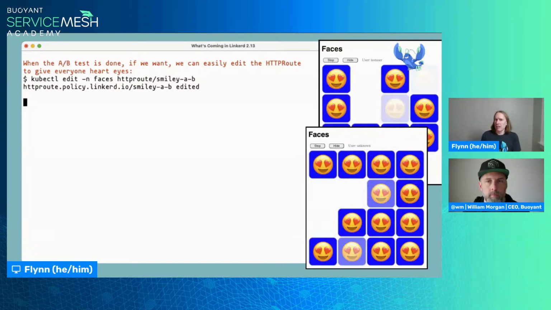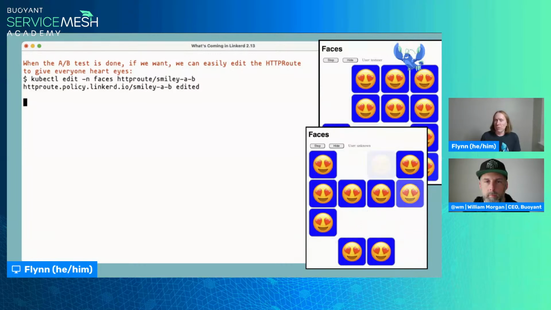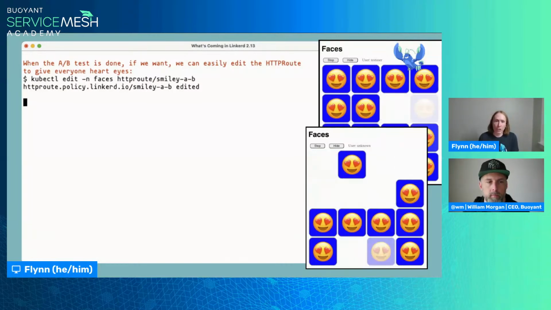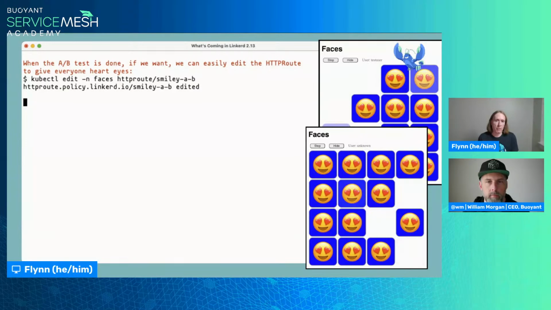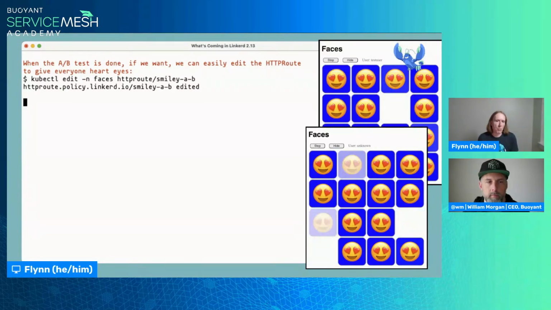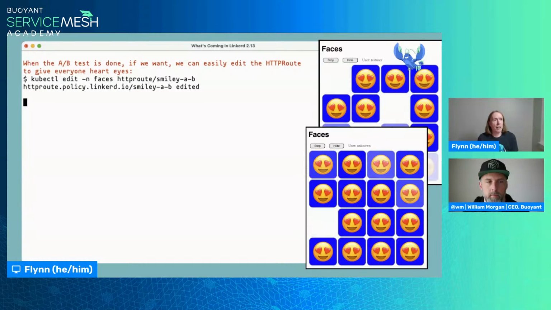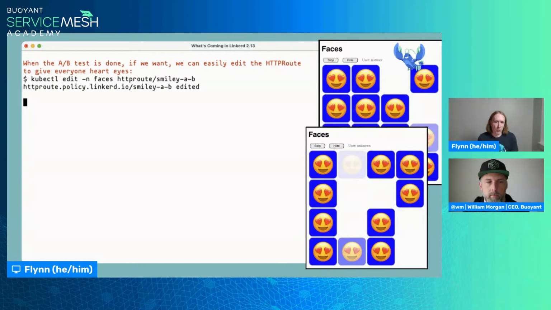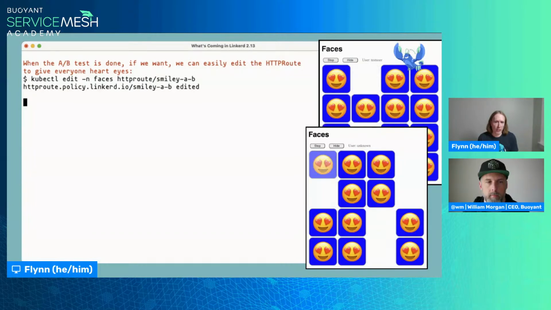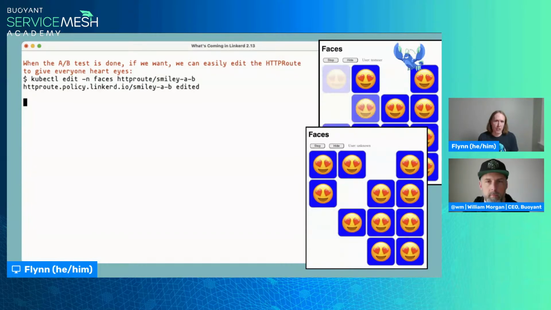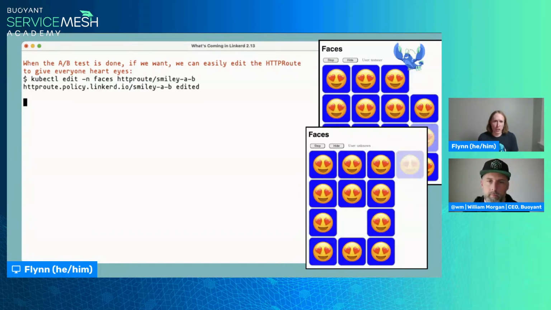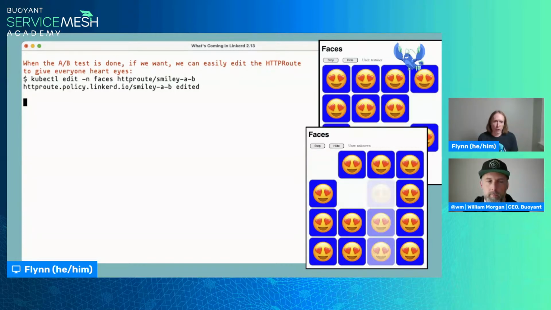Maybe that's a good idea. Maybe if you want everybody to have hard-eyed smileys, you should really go and change the smiley service. But maybe that's not possible from an operational point of view. Maybe this is a case where it's not that you want everybody to have hard-eyed smileys. It's that your normal smiley service, for whatever reason, just started crashing. And so it's 8 p.m. on a Friday night. You don't want to have people working overnight.